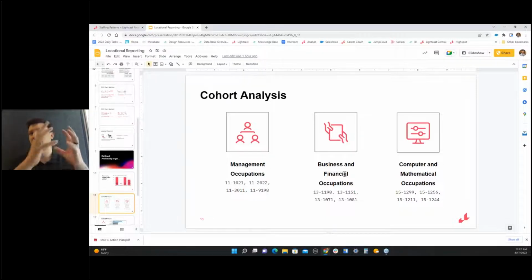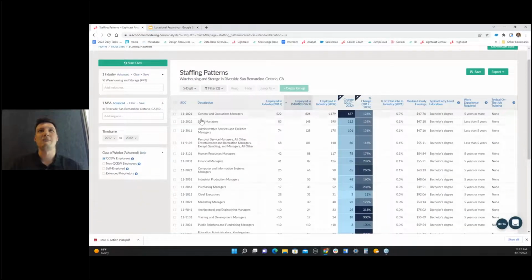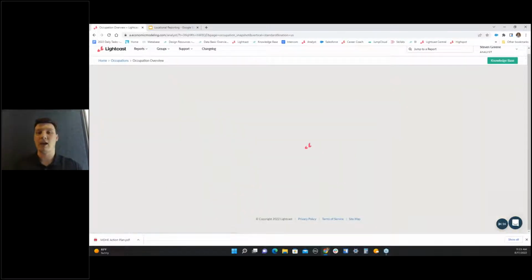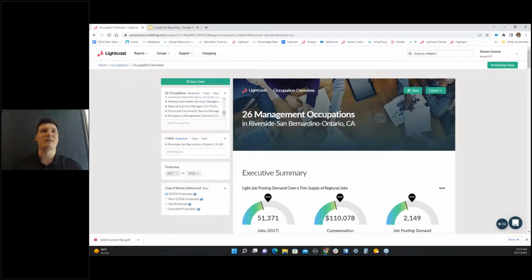You can start to build your own PowerPoints, build your own Excel sheets off of these and understand what regionally is going on. So I'm going to select all of these, bring the whole of one occupation group in, to determine further projections of these occupations. I'm going to go into job posting analytics now to understand skill gaps, companies hiring, current need, emerging trends based on this industry. So with that, I'm going to jump to my occupation overview table, because Analyst is fantastic at interweaving between